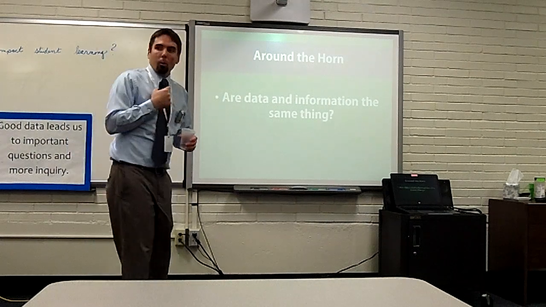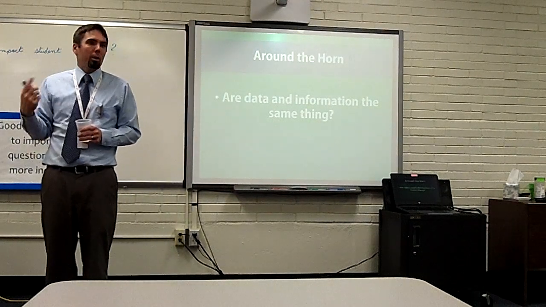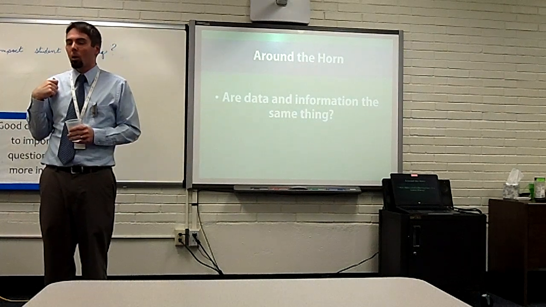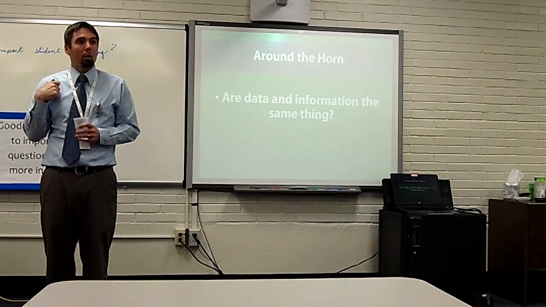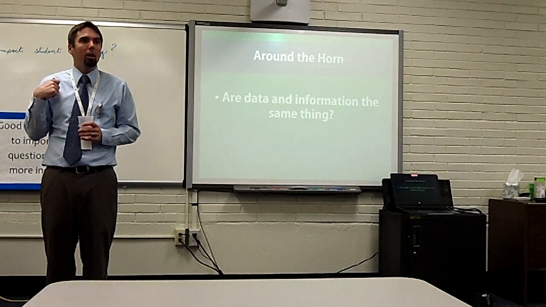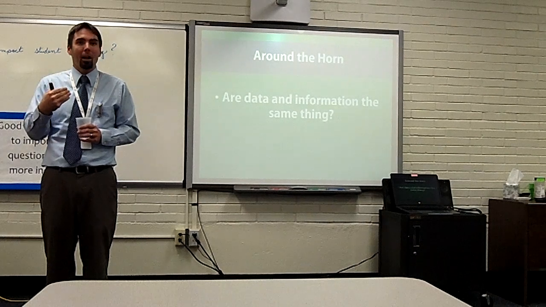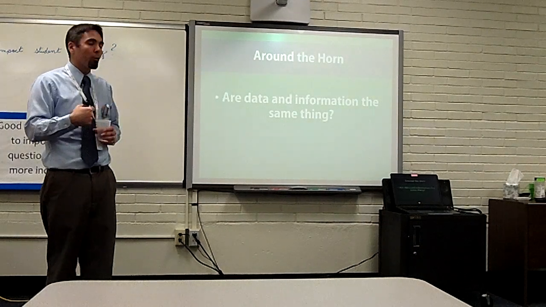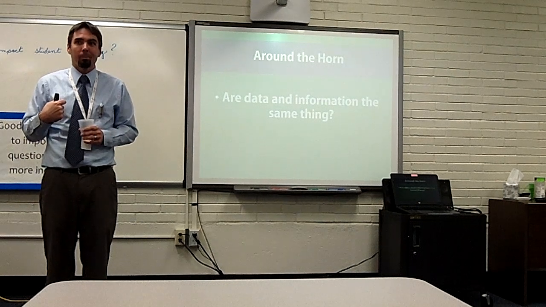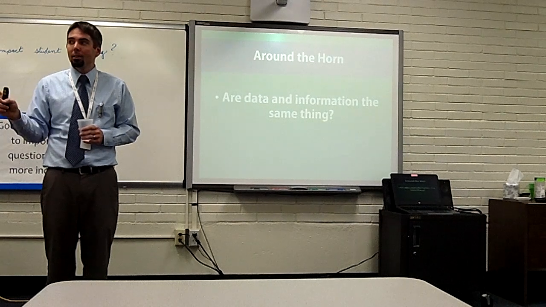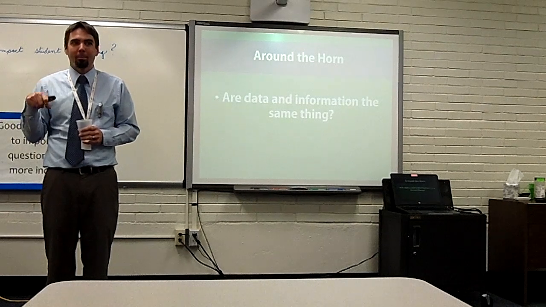So around the horn, if you're at a table, we don't have anybody. So you're going to go partners again. And each of you is going to share your response. So to model with Laura and Molly again, Laura is going to share her response, and Molly is going to listen attentively, and when she's done, summarize what Laura said. And then Molly's going to give her answer, and Laura's going to summarize. Our data and information, the same thing. Turn to your partner. Decide who's A and B. And A's go first.